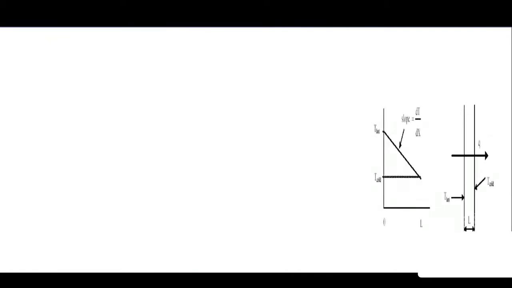The conduction process is entirely governed by the law called Fourier's law of heat conduction. Now, how does it occur? Suppose we have considered a simple wall of thickness L, and the temperatures of both sides of the wall are maintained at, say, a higher temperature on this side and a lower temperature on this side, and of course because of the temperature difference, heat transfer is going to be there.